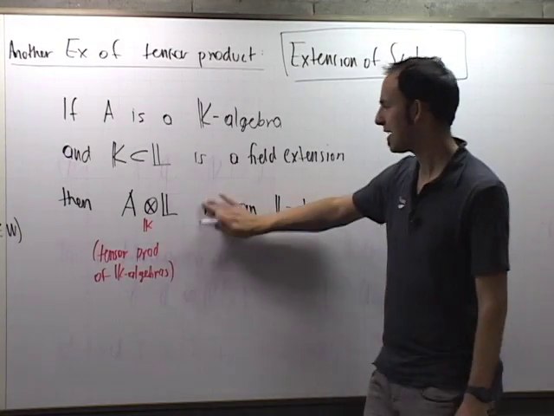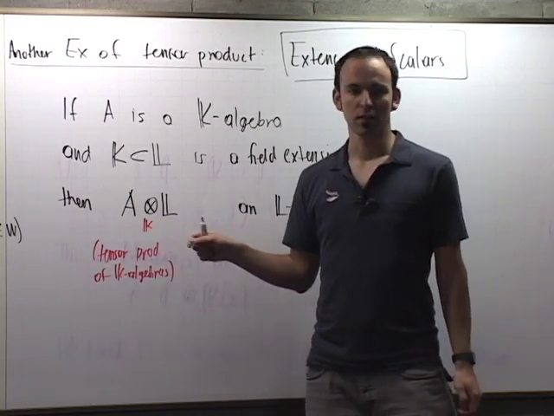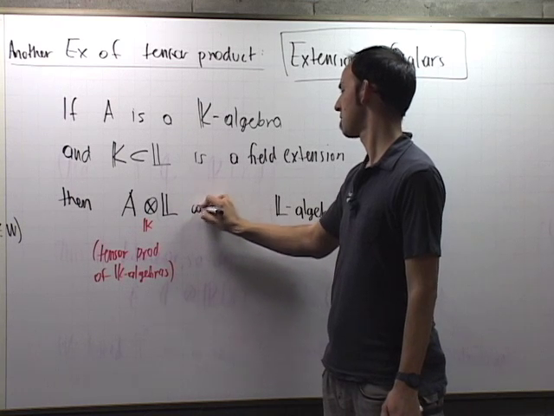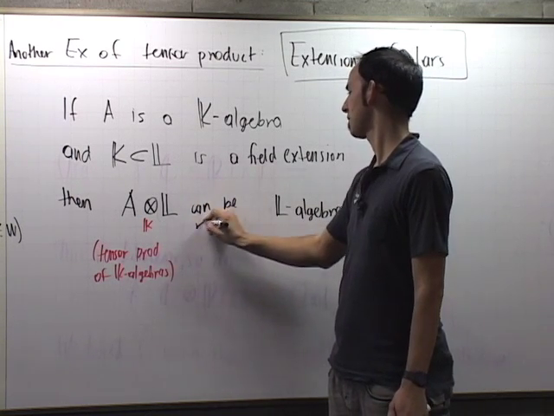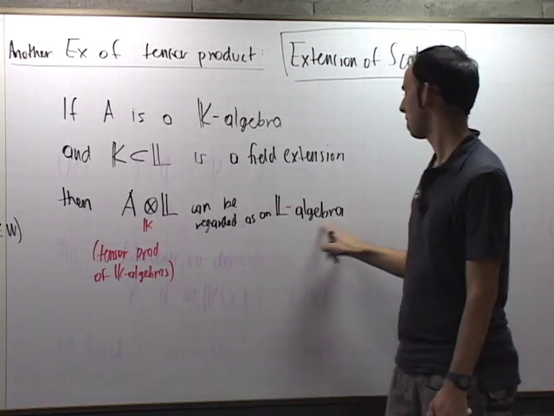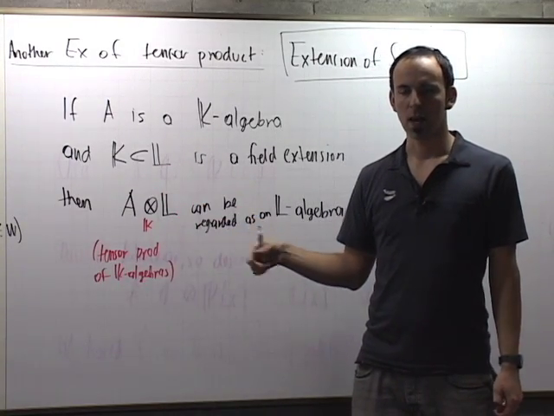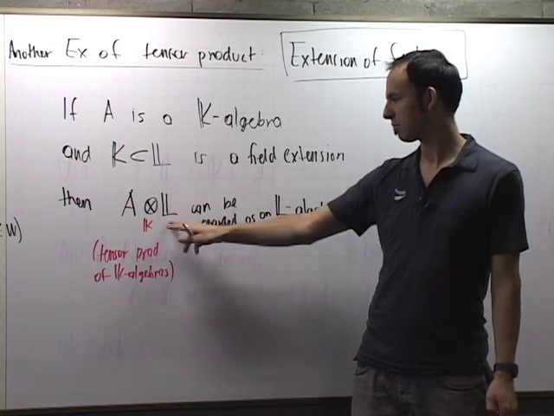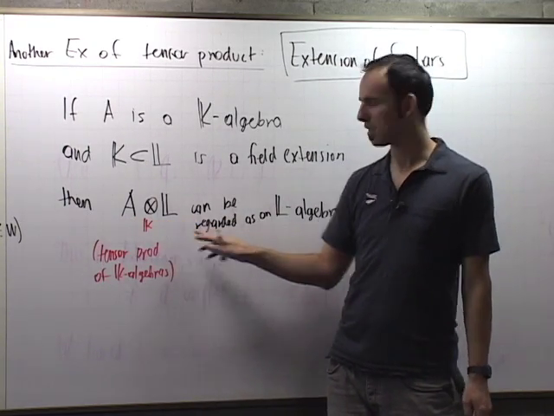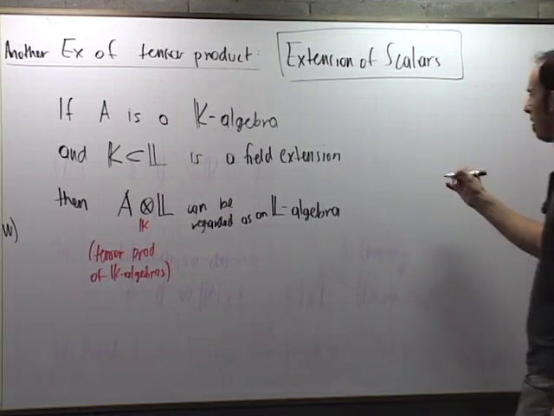And so maybe I shouldn't say that, again, I'm being imprecise, because if I take the tensor product of two K algebras, I get a K algebra, but this can be regarded as an L algebra, because it is a ring, we know how to multiply things here, and it contains L now, right? Because you have the representatives 1 times L. Okay? So it contains L, and therefore you can regard it as an L algebra. Okay? So in particular,